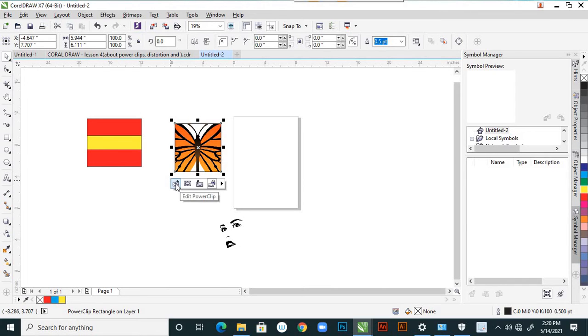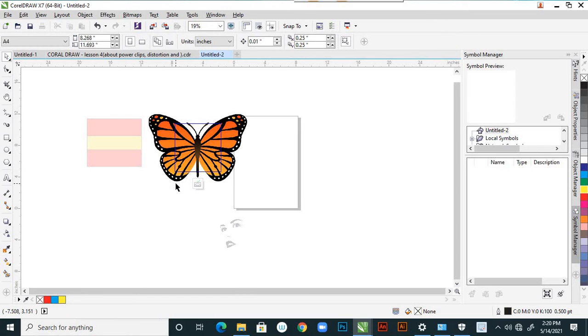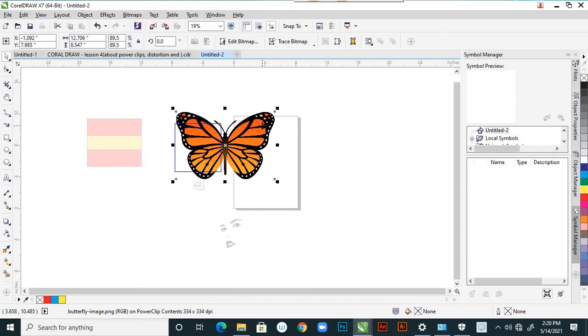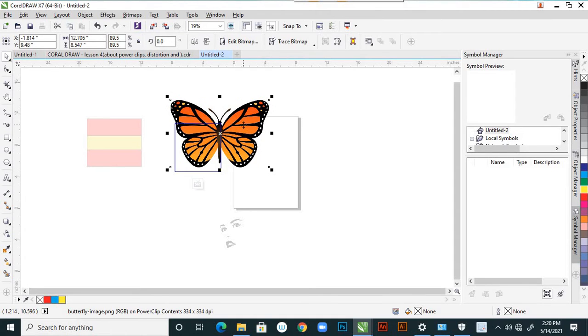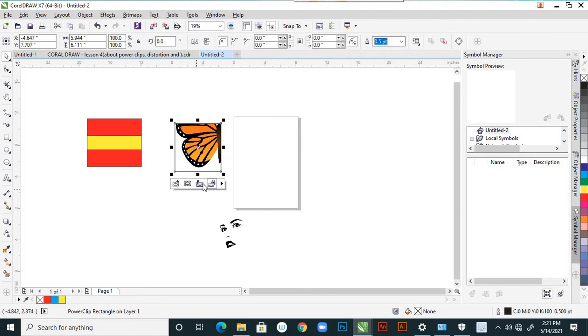But here there are options, so Edit PowerClip. You can edit your PowerClip by moving this. Suppose I want this PowerClip option on the left wing. After moving that, give the tick mark, and it is already added.